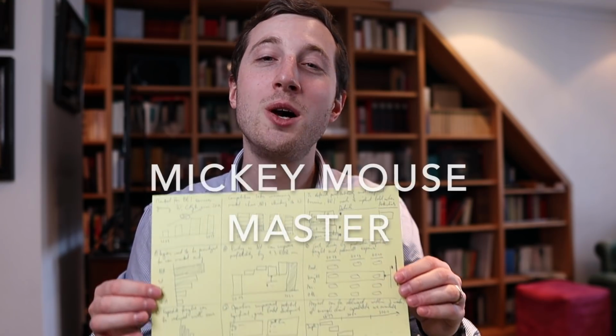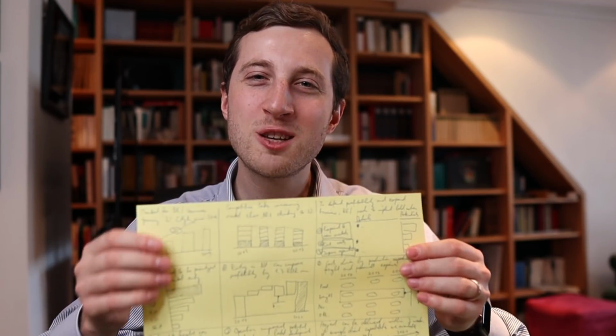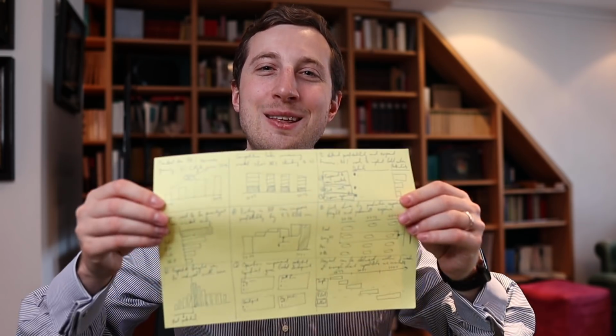This is something that is called a Mickey Mouse Master or also a Strawman. It is a draft of a presentation that typically the project lead or the partner in a consulting context creates. I remember in one of the very first weeks I was working at McKinsey, the project lead of that study asked me to sit with him. He would just take a piece of paper and he would create a master just like that of the presentation. Then he gave it to me and then this was one of my very first tasks at McKinsey, just to create a whole slide presentation just following exactly this technique.